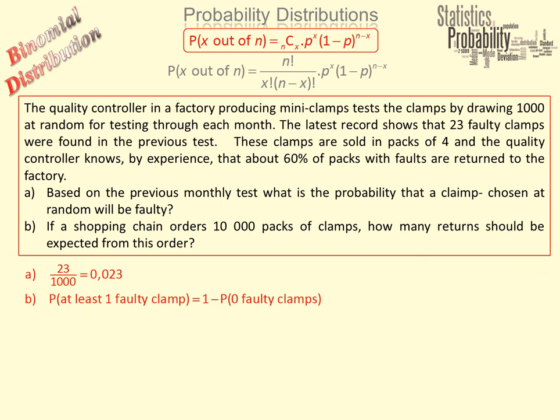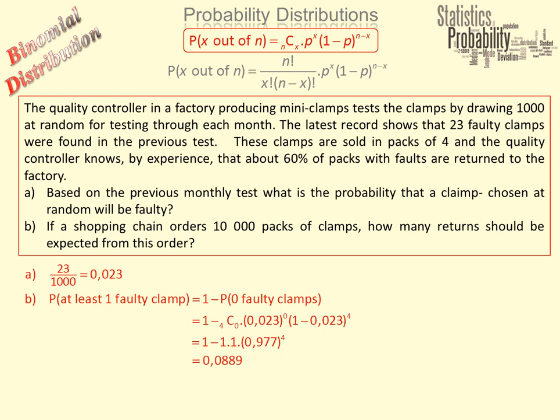Right, so probability of at least 1 faulty clamp in a packet means 1 minus probability of no faulty clamps in a packet. Which means 1 minus 4C0, because it's 0 out of 4 faulty, 0,023 to the 0, because that is the probability of faulty, times 1 minus 0,023 to the 4. Now remember, we're working out the probability of at least one faulty clamp in one packet, which means the probability of having a faulty clamp in a packet is